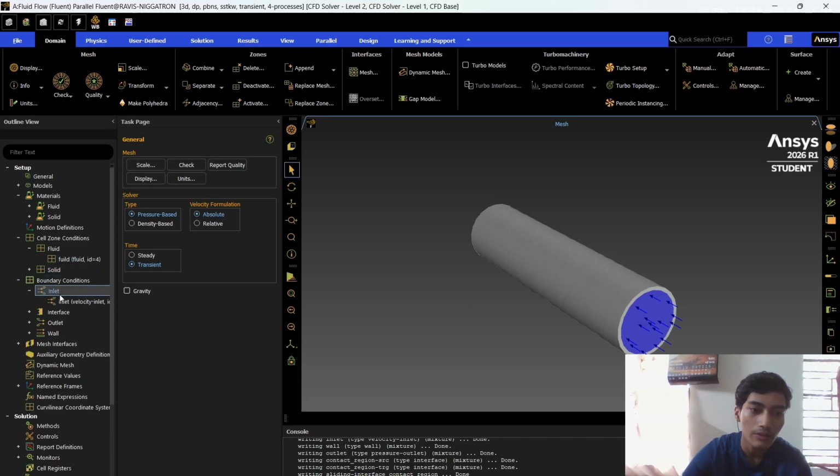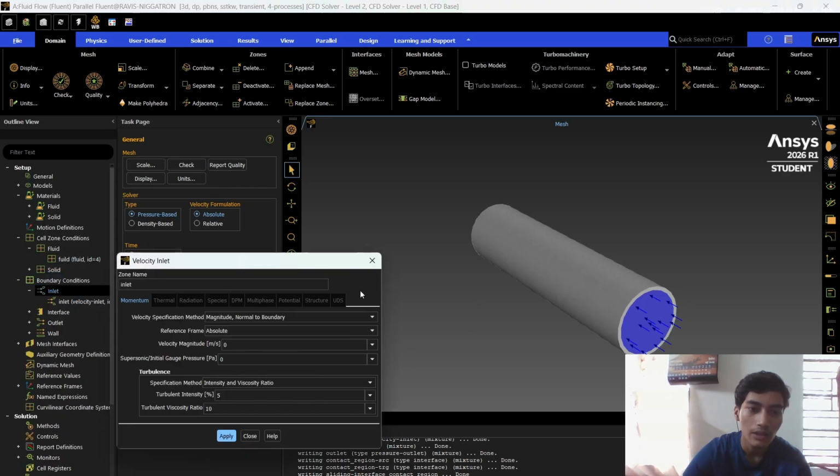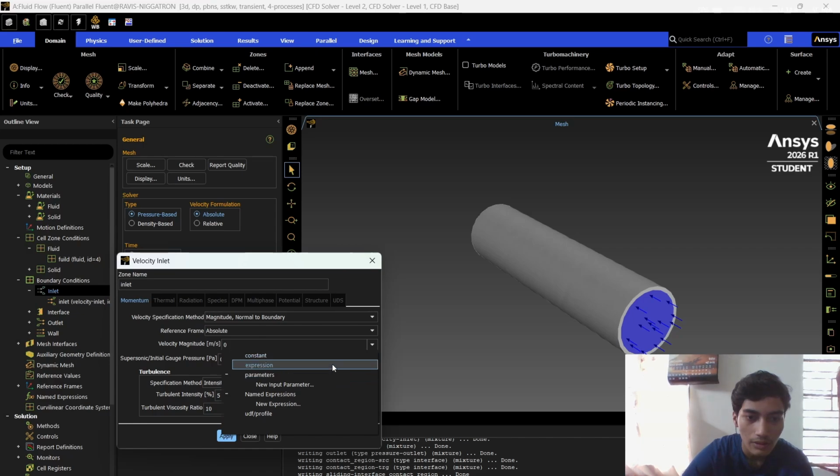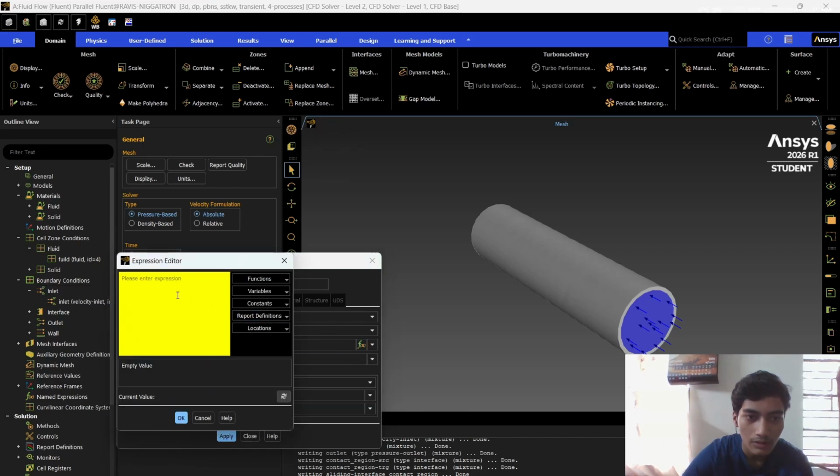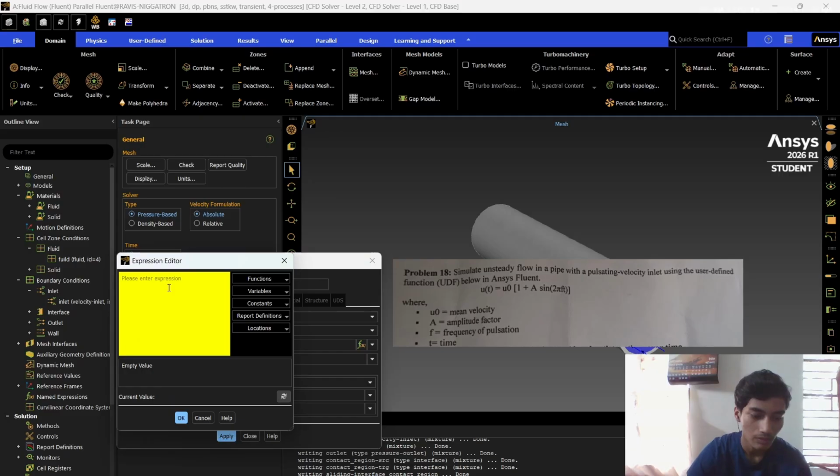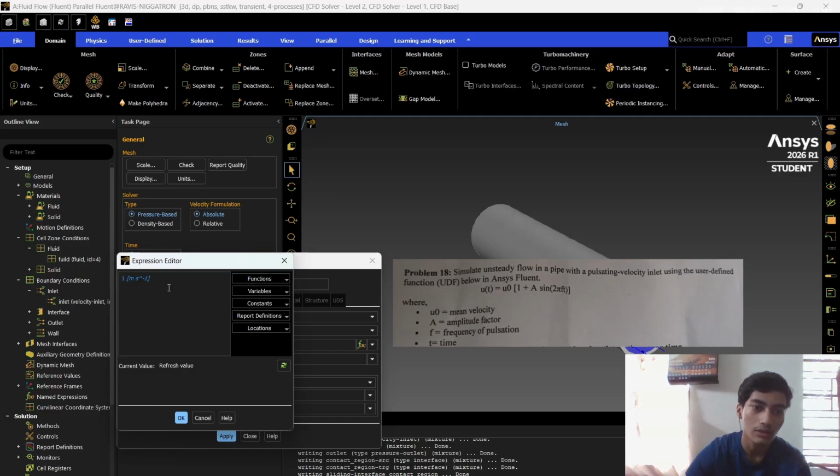Now we will give the boundary condition at the inlet. As in the question there is an expression, we'll write the expression in here. Expression. Now we'll take the mean velocity as 1 multiply bracket 1 plus, and we will take the amplitude as 0.5 multiply sine